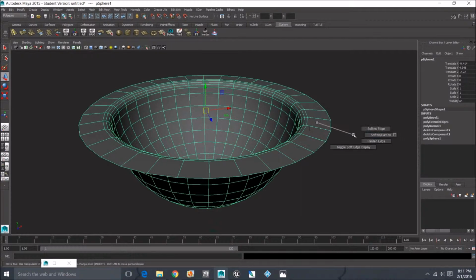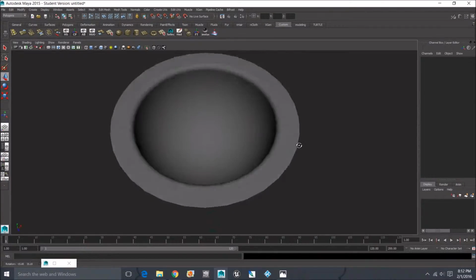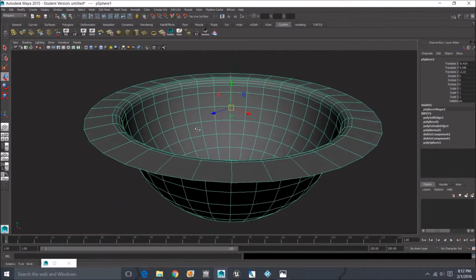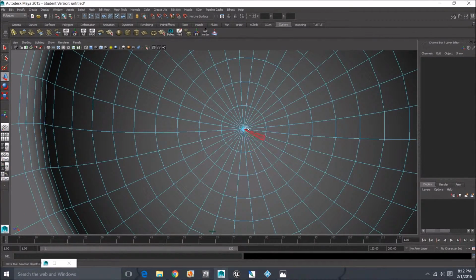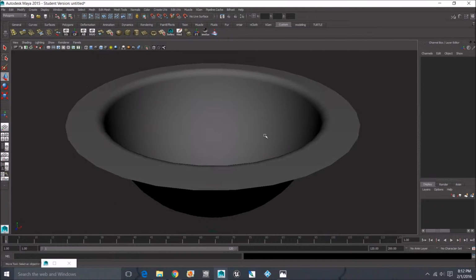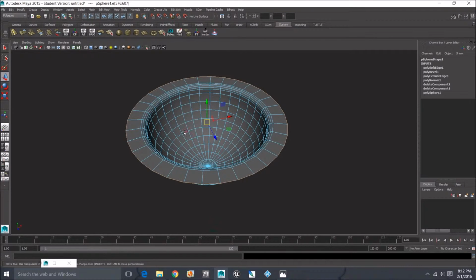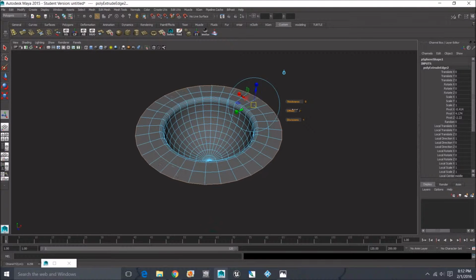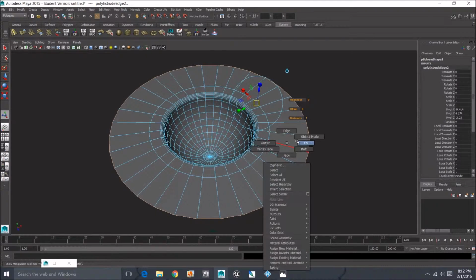Alright, just select object, hold shift, right click, and then we'll go through to soften the edges. Alright, that looks pretty good to me. I was going to delete the holes, but we'll save that for another day. Alright, what we're going to do is we're going to extrude again. And move the offset, move the offset. Now, I don't know if Mike taught you this, but what we're going to do is we're